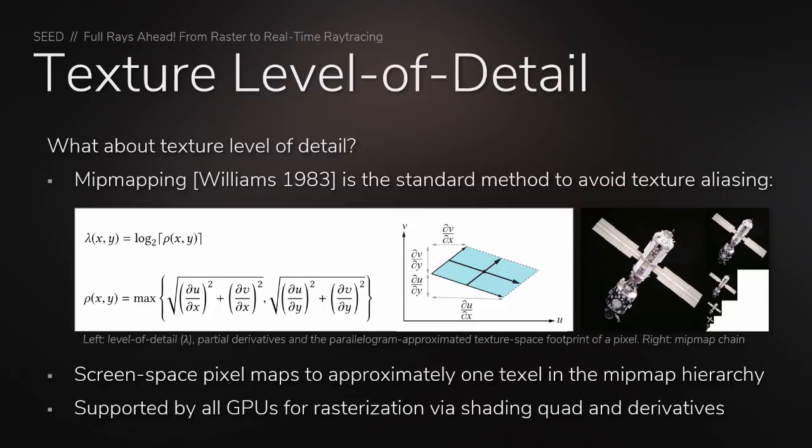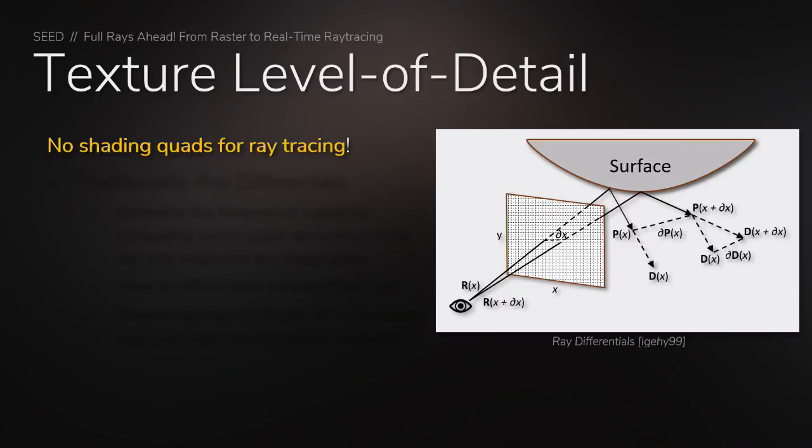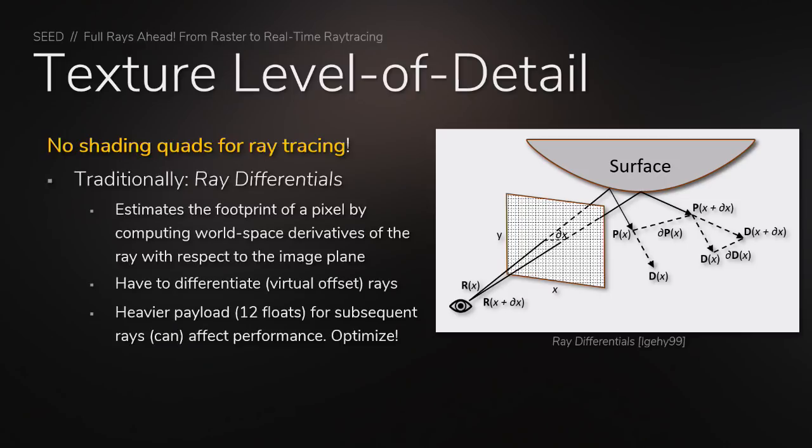And in the raster world, MIP mapping is the standard method to avoid texture aliasing, and this is supported by all GPUs, via shading quads and derivatives. The thing is, with ray tracing, as many of you are aware, we don't have shading quads, and so traditionally what people have done in offline is they've used